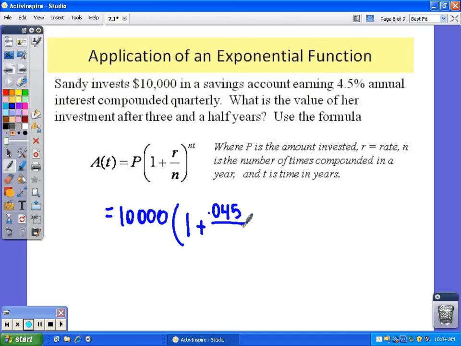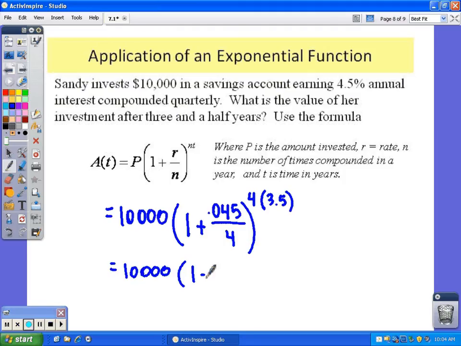And you're dividing it by n. N's the number of times it's compounded. It says it's compounded quarterly, so that would be 4 times. Then we have to find our exponents. Again, 4 for n. T is your time. It was for 3.5 years, so we'd write that as 3.5. Now putting this into the calculator,